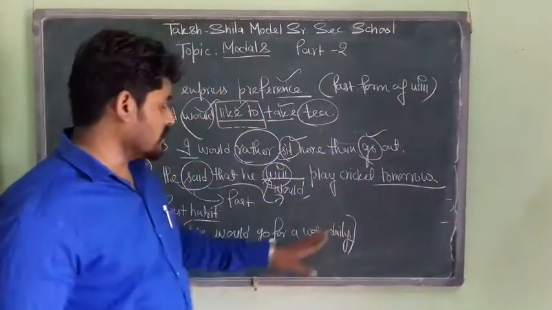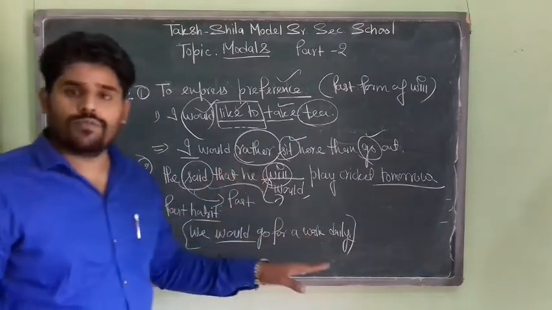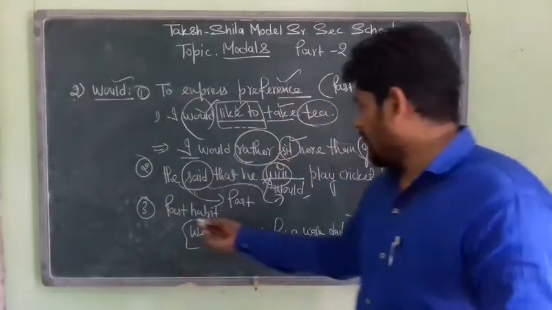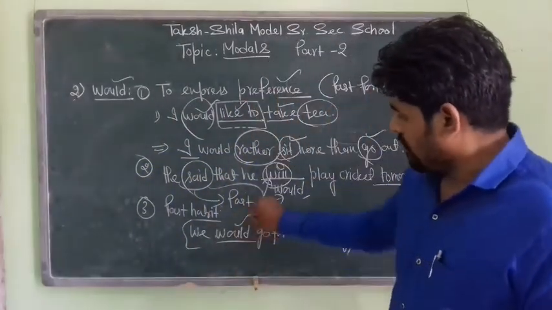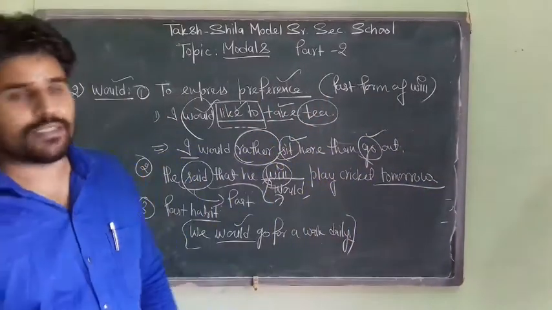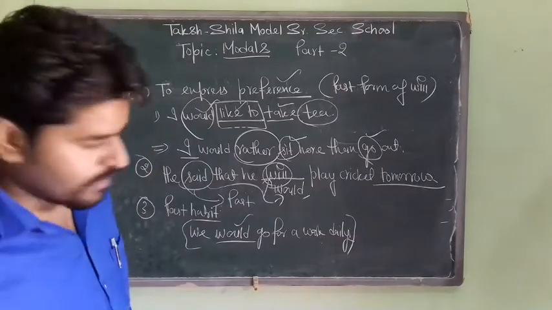So but he is not in touch with going for a walk every day, so he has just stopped going for a walk, but it was something that he used to do in the past. So it is an activity of the past, hence we have used would. So would is also used to express past habit, right? So here we have read three